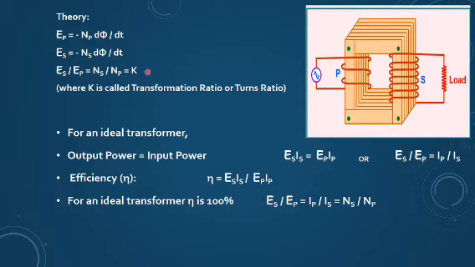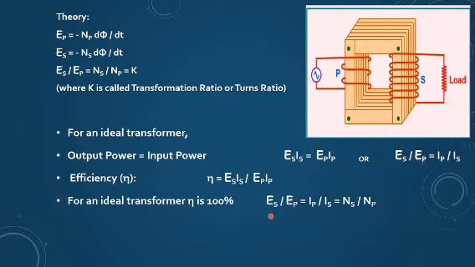This K is important. And if I talk about the ideal transformer, then there is no power loss. It means it is designed in a way that whatever flux I produce in the primary, the same flux is produced in the secondary, and output power equals input power for an ideal transformer. It means a transformer having 100% efficiency, which is not true in practice, but when we have to deal mathematically, we always go with the condition of an ideal transformer only.